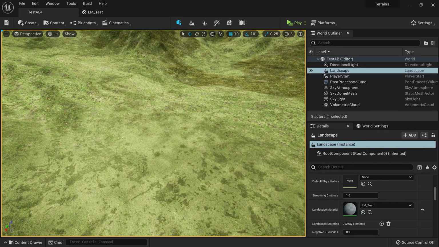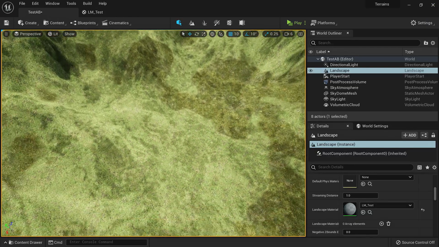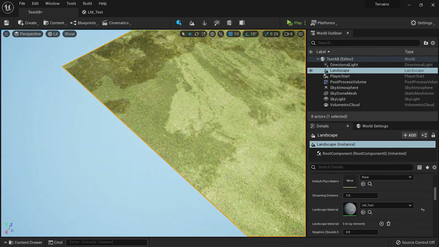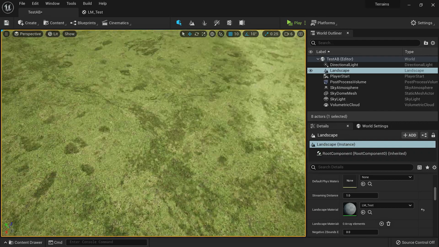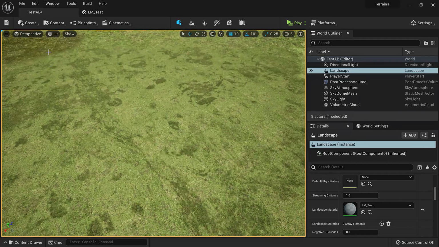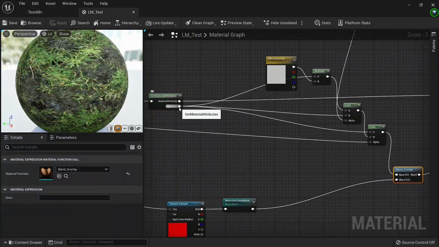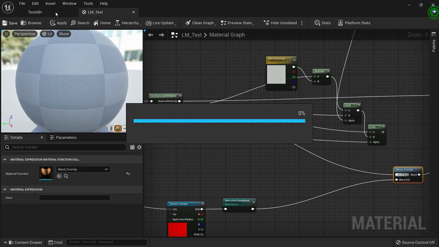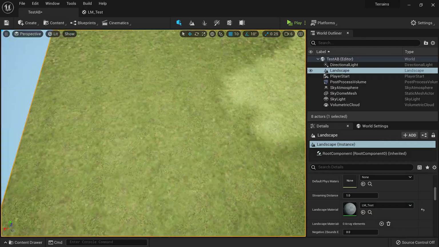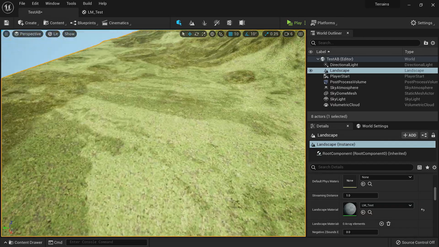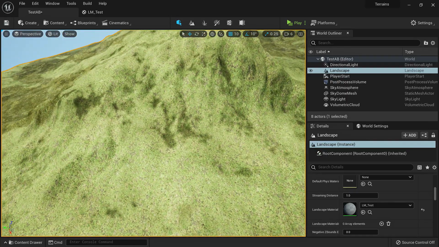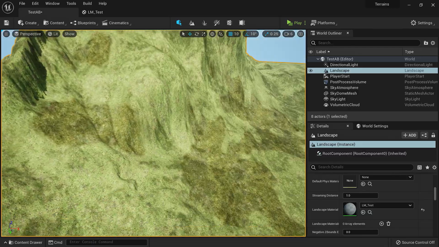Now if you take a look at this, let me zoom out. So this is the texture which will be applying our macro variation. It's not complete because it's only giving us the black and white values for now. This is just to show what it's doing. So right here, these are the micro variations. Let's turn them off for now. So use base color as the base. So now you can see you have these areas where it's really dark, and in the same texture you get some of the areas which are brighter, and then in the cavities there are again dark, and there are also some variations depending on flow and such.